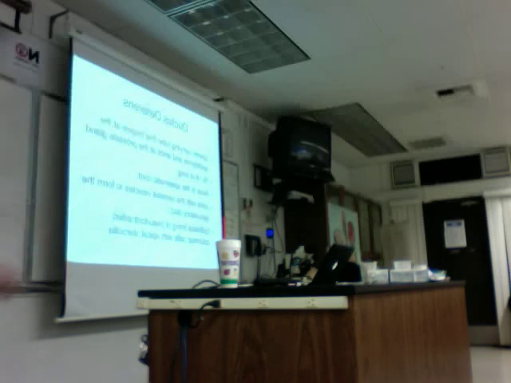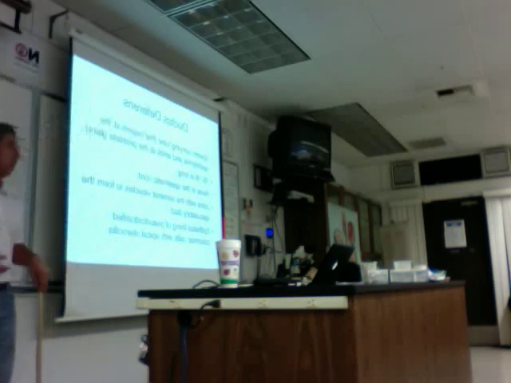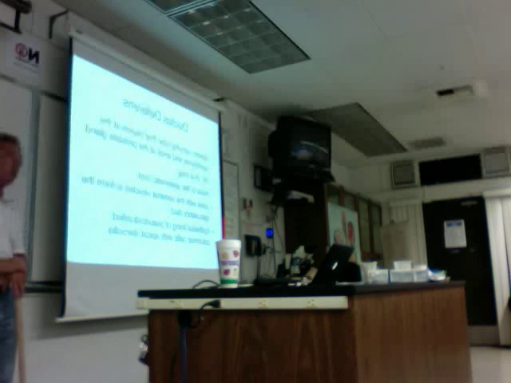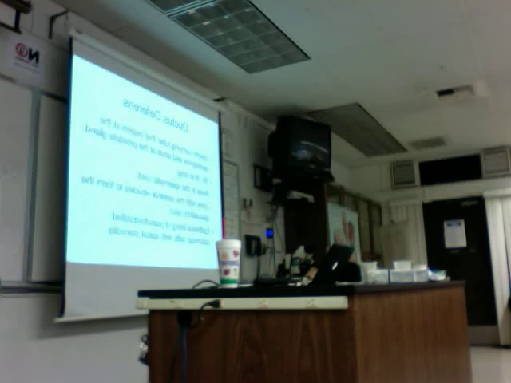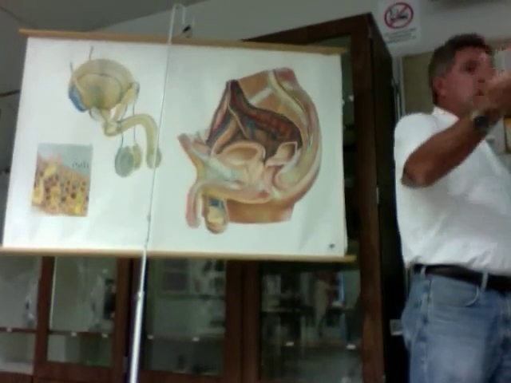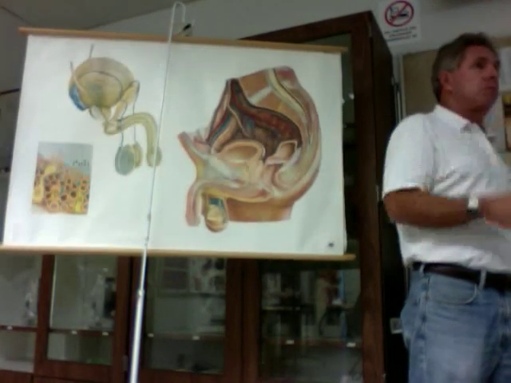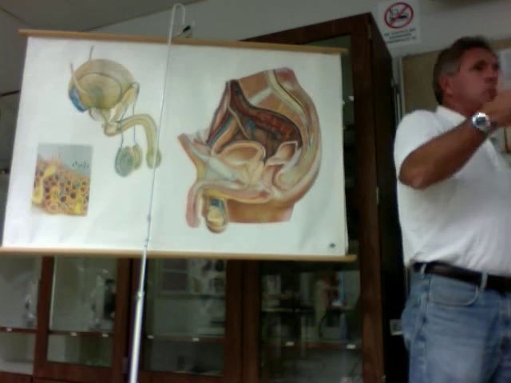It has a little pseudostratified columnar lining with a little cilia on the end of it. We're not going to pay a whole lot of attention to that. But a surgical procedure called a vasectomy, which I'm sure you've all heard of, is a procedure for male sterilization. So let's use this chart. Here's one ductus and here's the other ductus. If those are just snipped or ligated, cut, whatever you want, then no sperm gets to the outside, can't fertilize the egg. So you're not going to be having any babies, right? So it's a quick and painless kind of